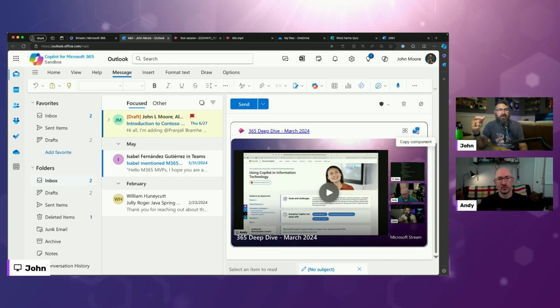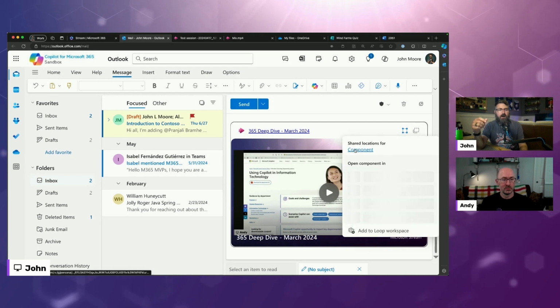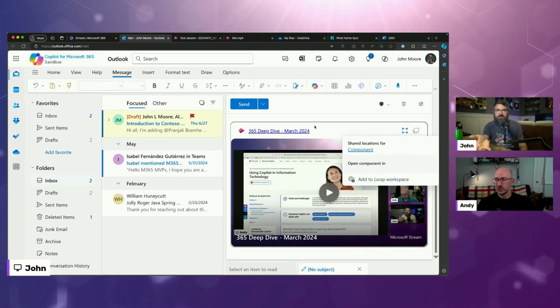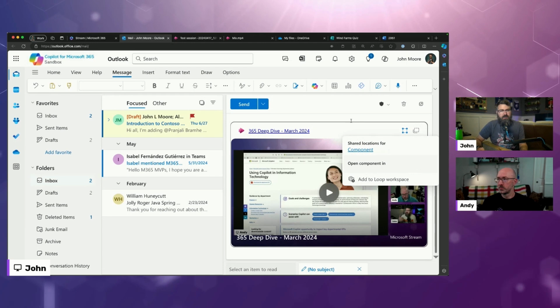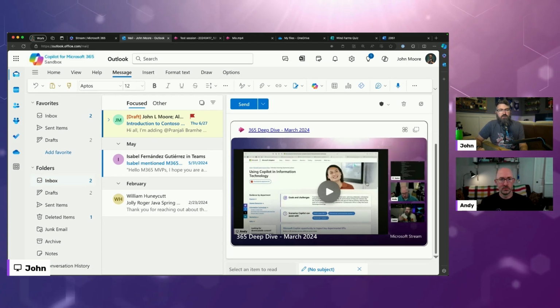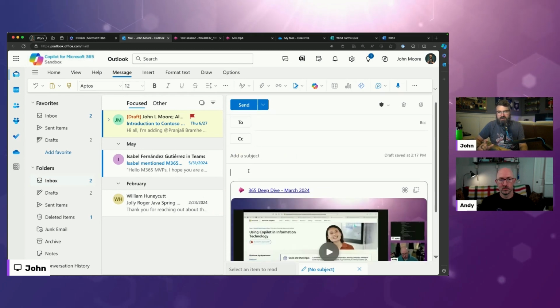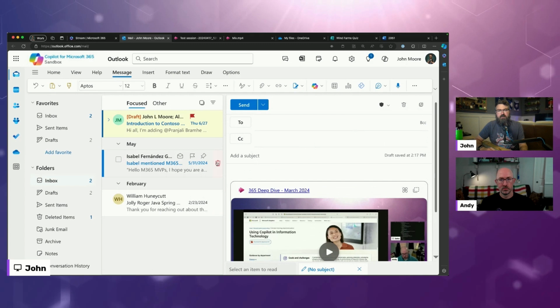So I can copy that component, I can put it in different places, and I can see where it has been shared, which is basically just this email at this point. And I can add it to a Loop workspace. So that is what happens in Microsoft Outlook, which is wonderful because back in the day,